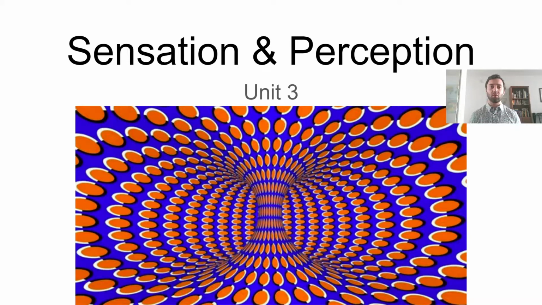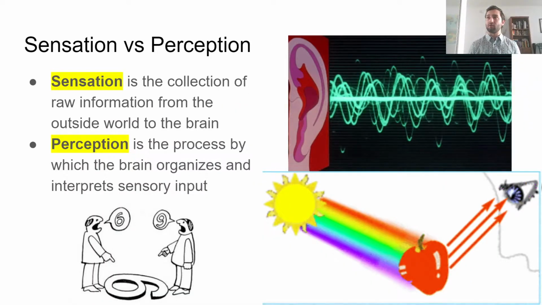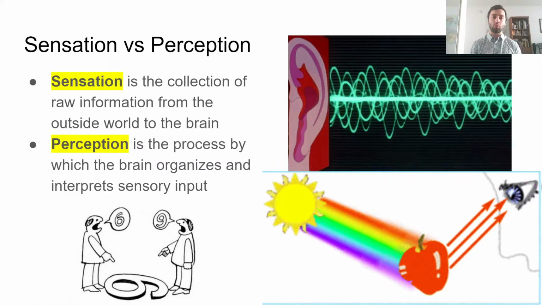As we experience things, we experience sensation and perception as one thing. We experience them at the same time all the time. So one of the things we're going to try and do is pull them apart, mess with them a little bit to get an idea of what each one is. So that's what we're going to talk about here first: what is sensation and what is perception.